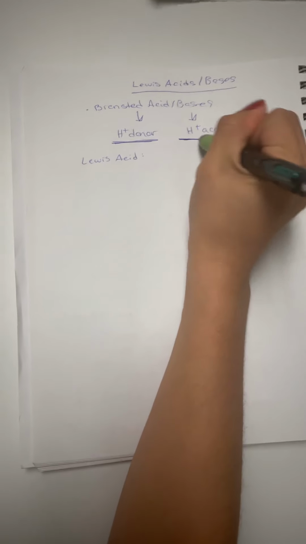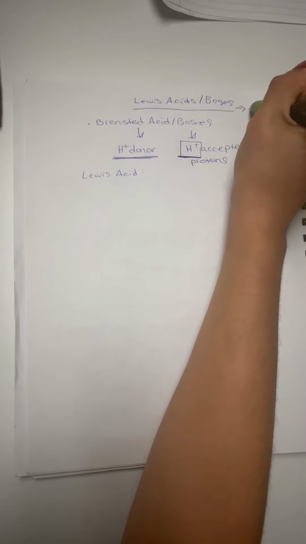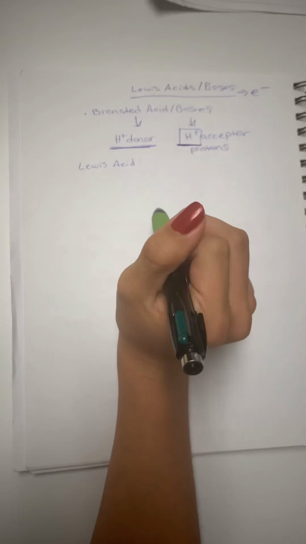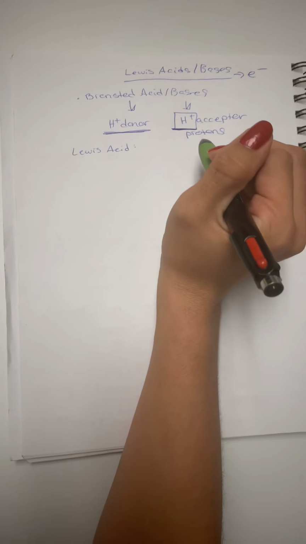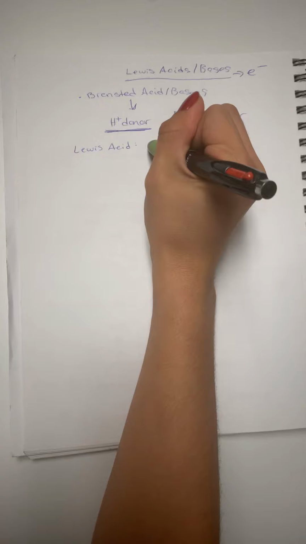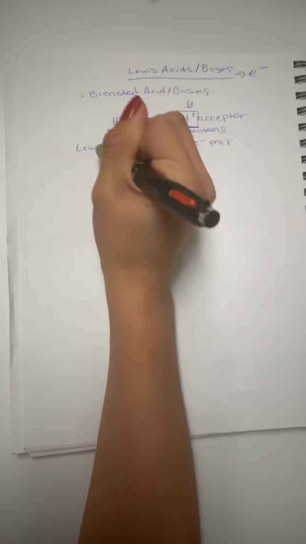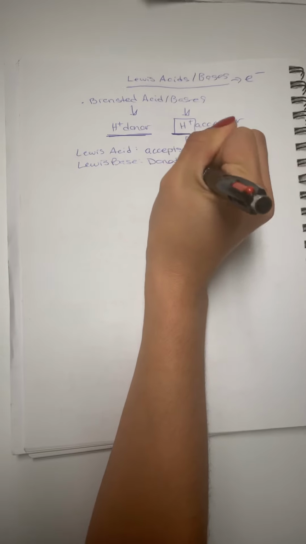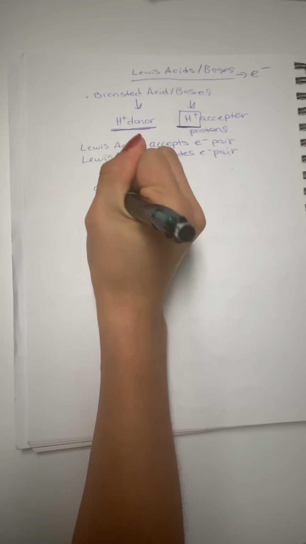So also another note, Bronsted deals with H, so with protons, right? However, Lewis acids and bases deal with electrons, okay? So it's not talking about protons anymore. So on page 267, you can read it. A Lewis acid is anything that accepts an electron pair, and a Lewis base donates an electron pair. So a common example is going to be water